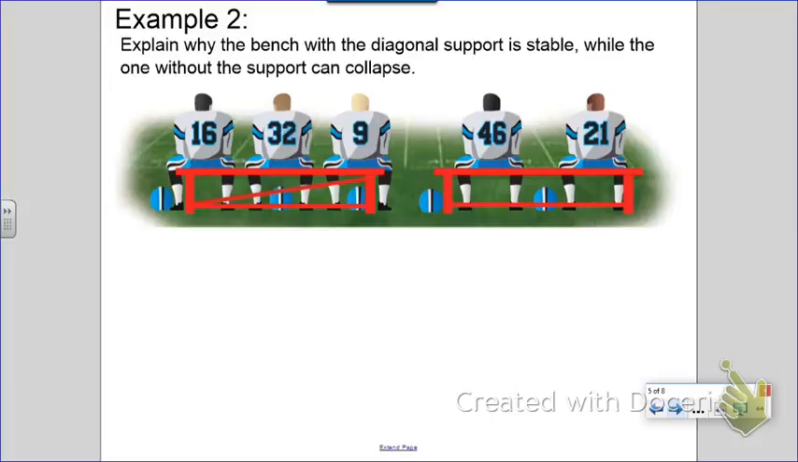In our next example, just a different type of example, it says, explain why the bench with the diagonal support is stable, while the one without the support can collapse. We'll focus on these two triangles, again, to show that the two triangles are congruent. So notice on this one, if we make right angles at each of these corners,